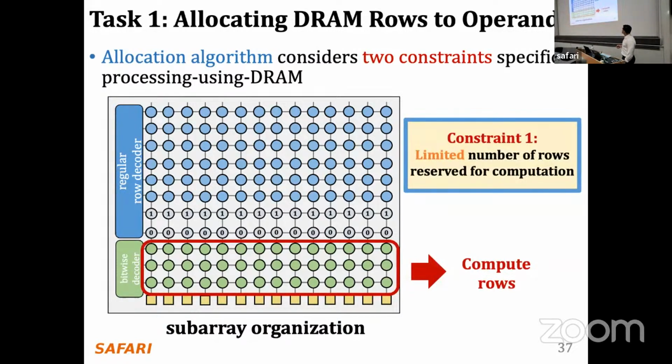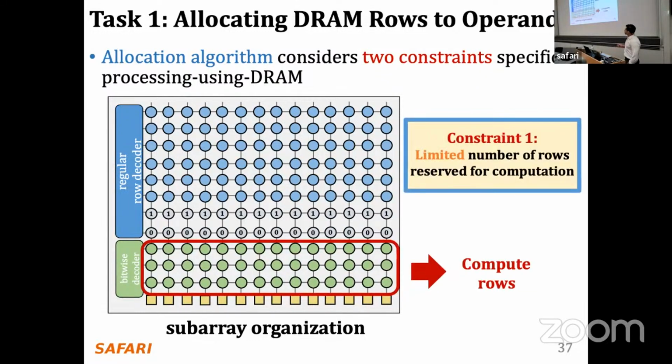The first one is that in the Ambit design, if you recall, we take the DRAM subarray and divide it into 3 groups of rows. The first one is the data rows. Those rows just store your data. Then there are constant rows: one row that stores all ones and another row that stores all zeros. And then a subgroup of rows called the B group, or bitwise group, which are connected to a special row decoder that allows us, with a single address, to activate 3 DRAM rows at the same time.